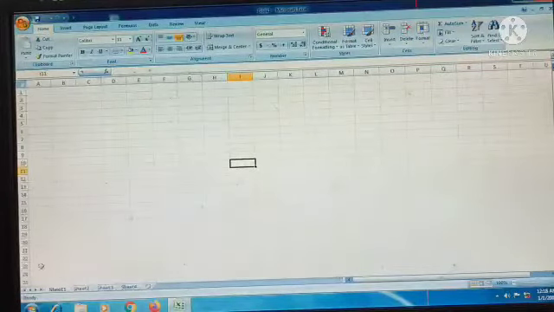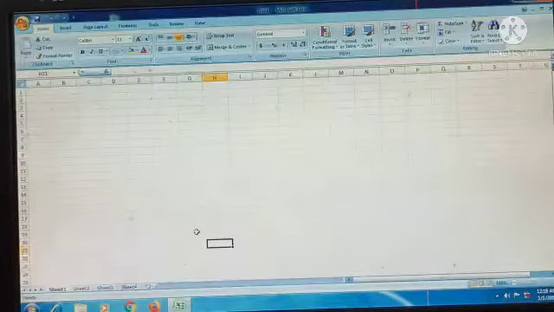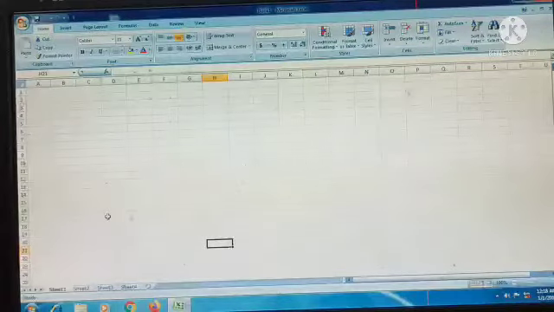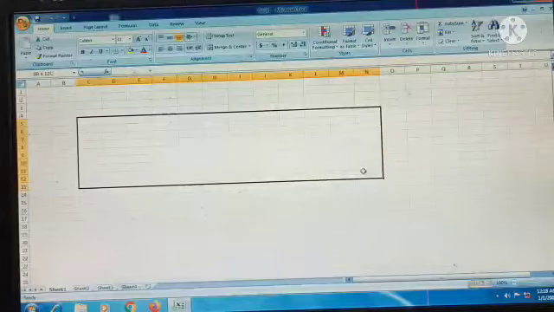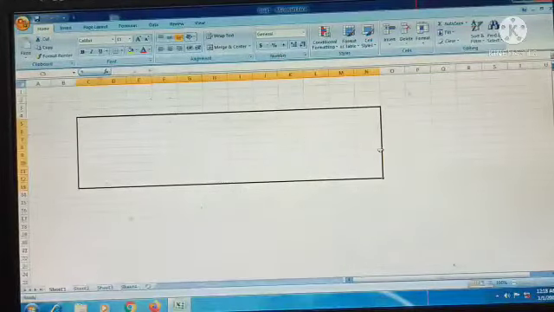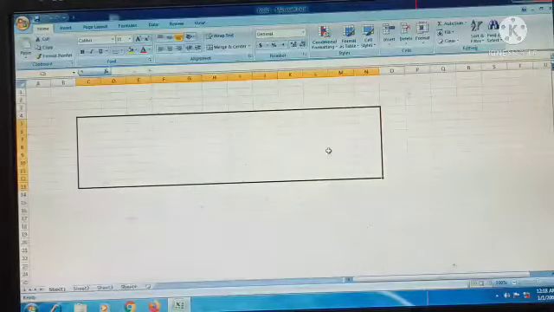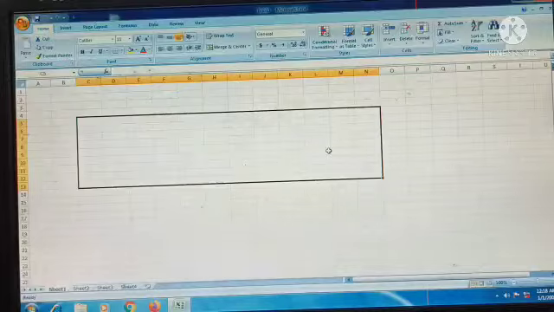Clear? And how can we select the data, select the cells? Just click and drag over the cells, like this we can select the cells. Is it clear? So I explained the elements of MS Excel 2010 and also I told you how to open